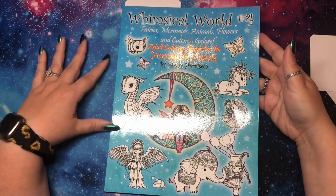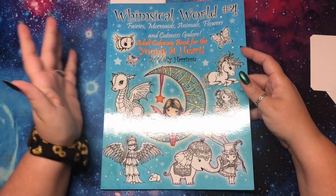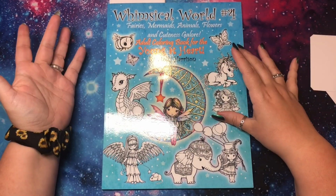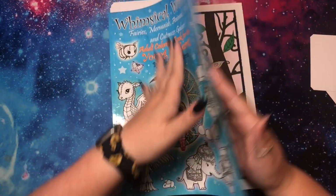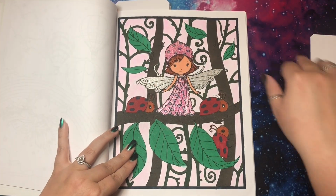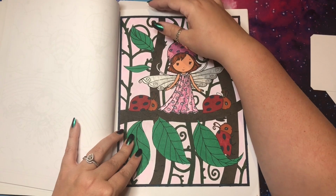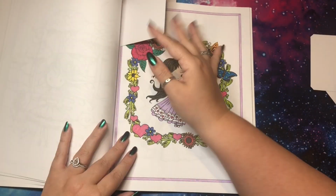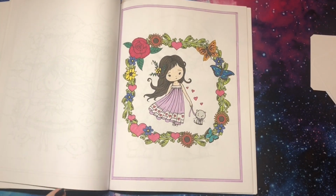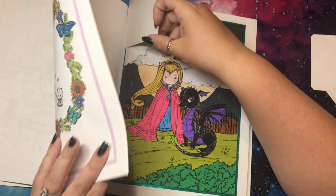Next I have Whimsical World 4 by Molly Harrison. She has obviously a whole series. This is number 4. She also has a bind up that's like 100 pages, and these are super cute. And I actually did more in here than I thought. I did this as a buddy color and used glitter on my little ladybug girl, pastels for this pink, and then markers. This I did with entirely my Faber-Castell artist pens, and then a 3rd page that I completely forgot I did,